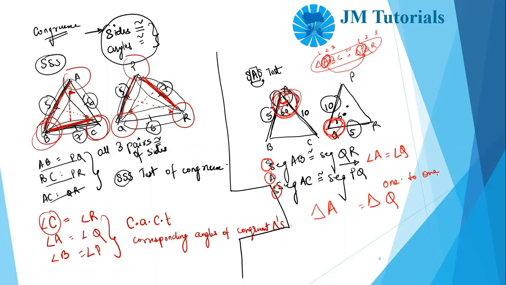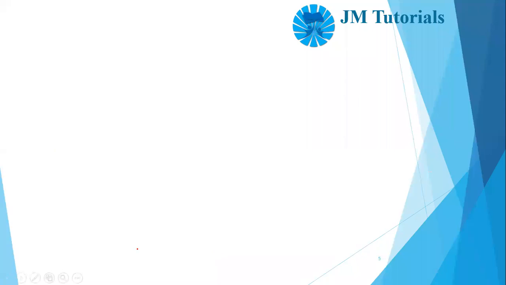It might not be very important in congruence, but in similarity it is of utmost importance. If you don't write the one-to-one correspondence correctly, then your entire question might go wrong. So I say A, Q. Here we have written these angles. Let me show you. Look, C you wrote with R, so C, R. A you wrote with Q, A, Q. B was left over here, C was left over here. This is the correct one-to-one correspondence.